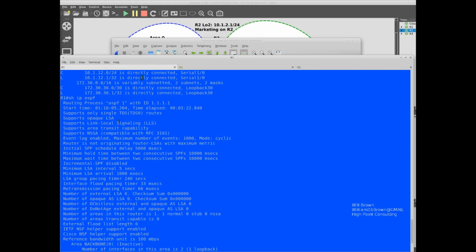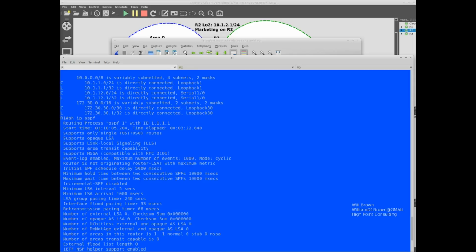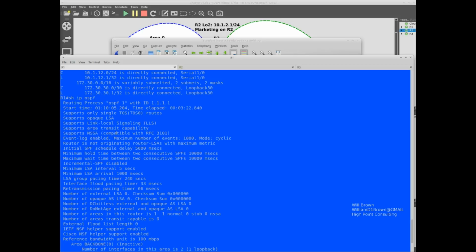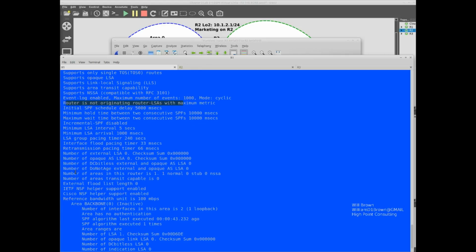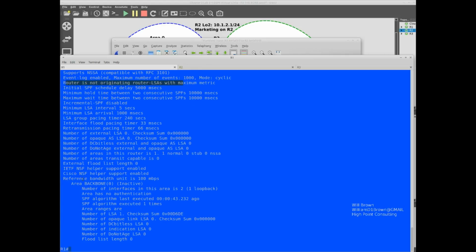As a result of that show IP OSPF, we have the routing process for OSPF 1 with the router ID, the time that the process started, and the time that has elapsed since the process began. Rolling down further, it supports not-so-stubby, and the router is not originating router LSAs. We'll be covering what that means and what type of messages are associated with that.